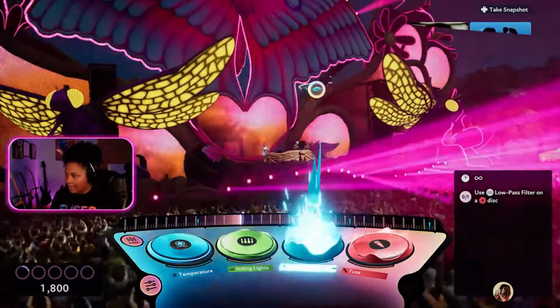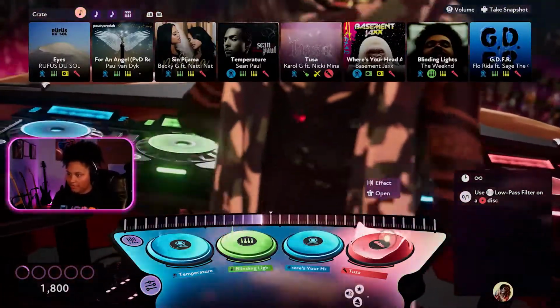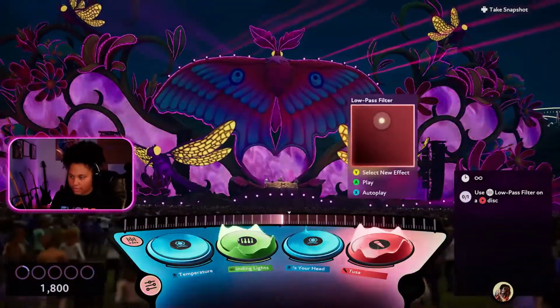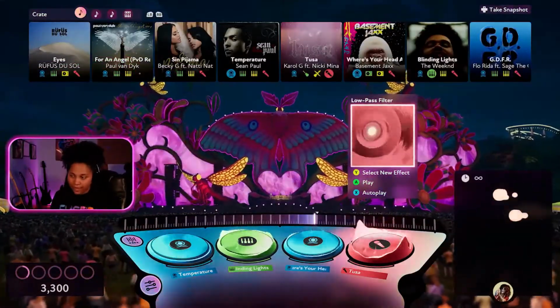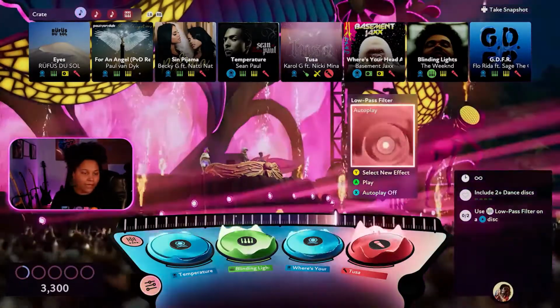And then I'm going to add a low-pass filter onto a pink disc. So I'm going to go into my vocals here, open my effects panel, and head into my low-pass filter. Here I've got a few options. So I can either play it and have total control over where that's going and adjust the saturation of that effect, or I can actually autoplay it, and that allows me to keep an effect on a disc even if